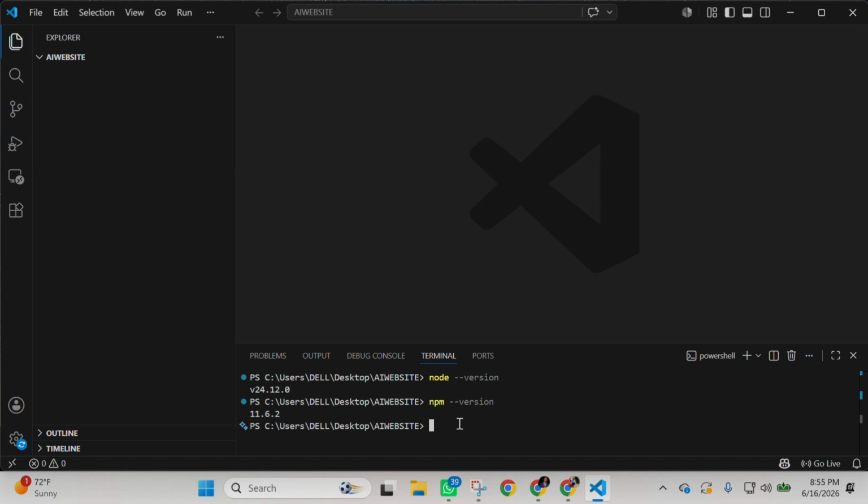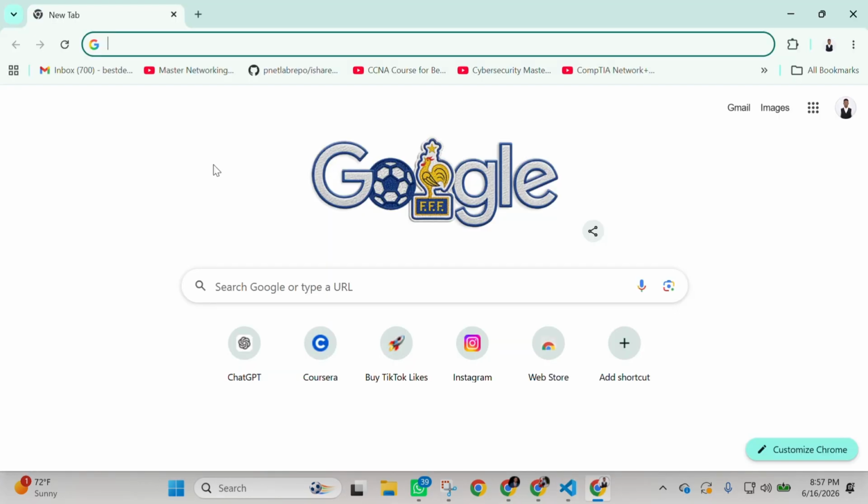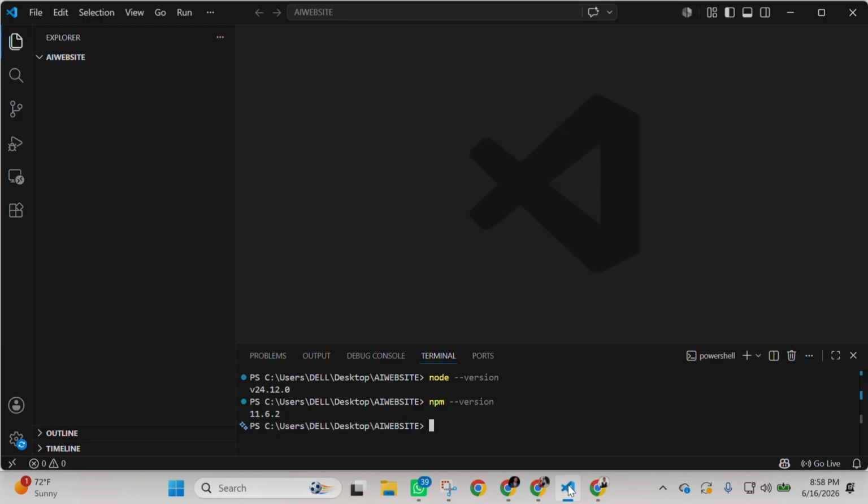So how do you install that? Just say npm install, alright, and hit the enter button. It will install npm on your computer. Alright, so the next thing to do is to install Tailwind CSS in our project, and we do that by